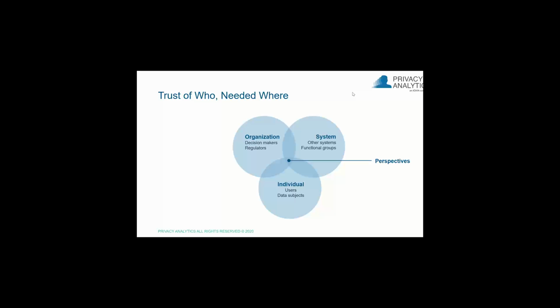And then, of course, in terms of individuals, we have those users within those functional groups, not just the data owners, but the people working with the data. The data subjects as well. This is a perspective that we have to pull in, of course. We're talking about sensitive data, as well as any potential external users that could raise concerns, right?